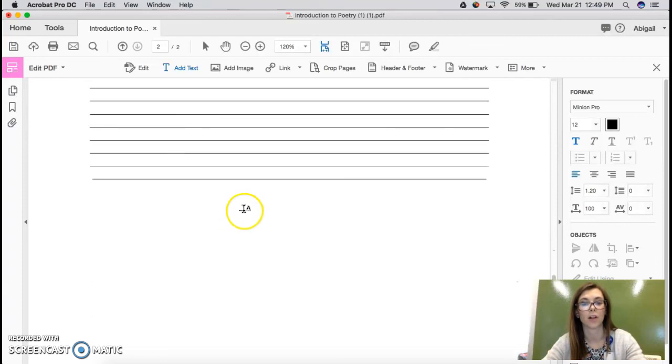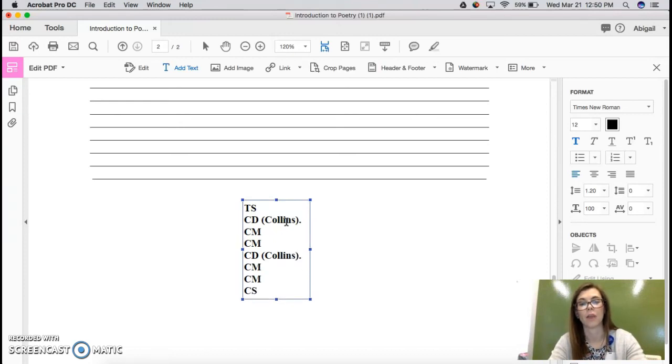Please make sure that you're following our paragraph format by doing a topic sentence, which I provided a template for you. Then do a concrete detail, which is a quote from the poem. Make sure that you're citing that and embedding it correctly. Put the author's last name in parentheses with a period after that. Then after your concrete detail, you need 2 sentences of commentary. Then find a second concrete detail, a second quote, add 2 sentences of commentary, then wrap up your paragraph with a concluding sentence.